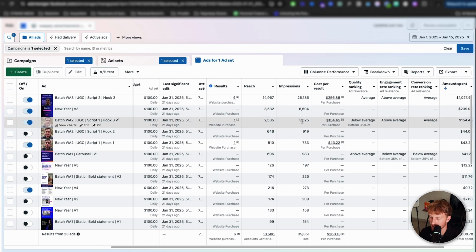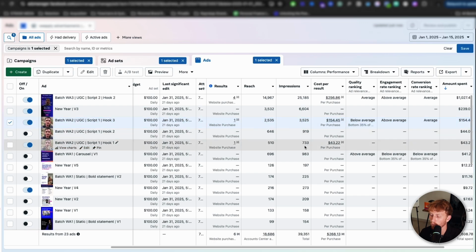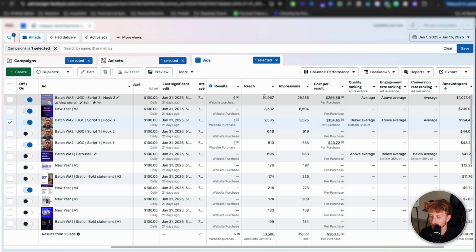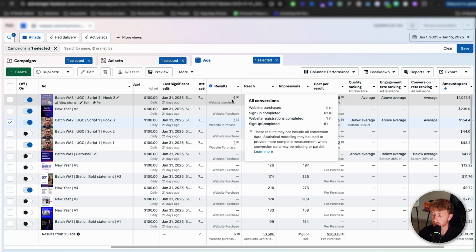So as you can see, the differences in impressions: this one, in this time period we're looking at, is a little bit over 3,500 impressions. This one doesn't even have 1,000, right? It has a low CPA, but based on very little data. And this is also why this top ad here with 4 purchases continues to get most of the spend,